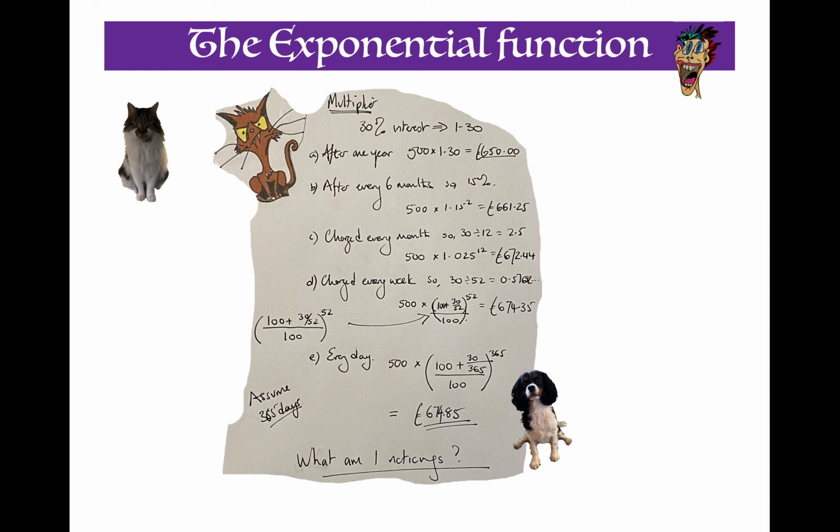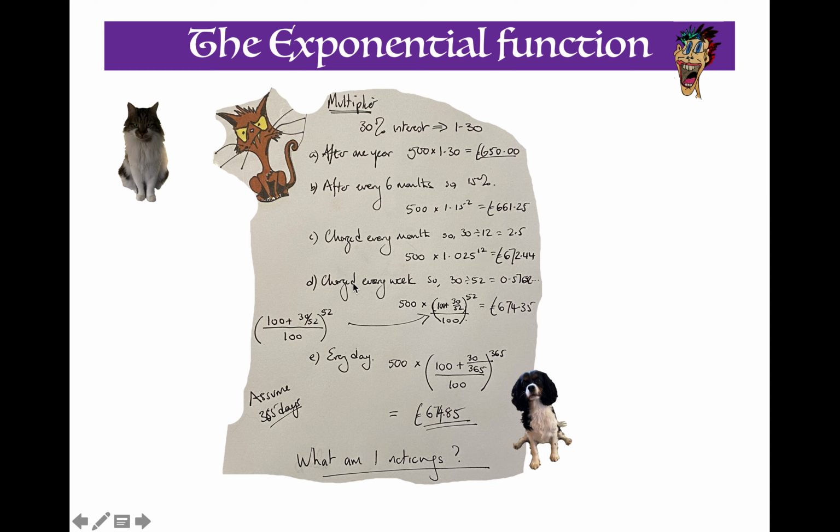£661.25. If it's charged every month, 12 months in the year, we divide the interest rate of 30 by 12 to get 2.5% interest rate per month, and this is done over 12 months. So it's £500, the principal amount, times 1.025 to the power of 12, giving us a value of